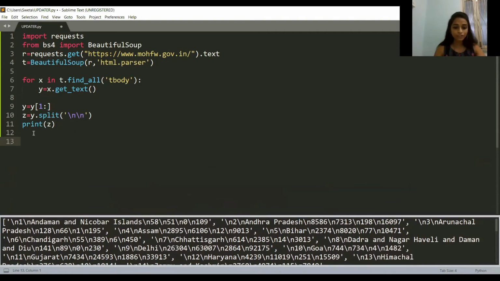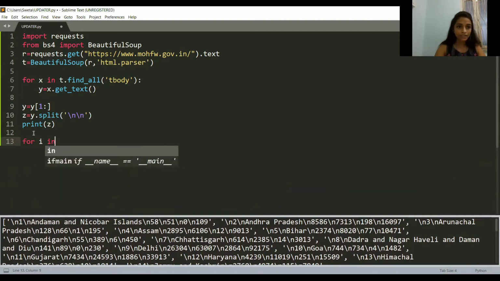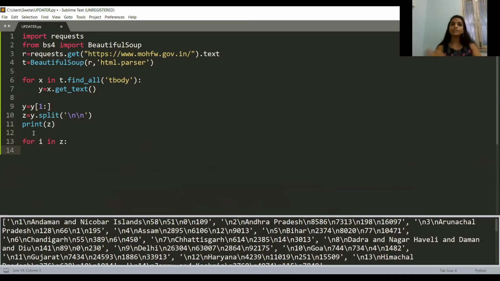So what I can do is, for i in z, I can again split this thing, right? So I'm going to do j equals i.split, this time with a single backslash n, and I gave a comma over there, so this should be a full stop, and I'm just printing j.